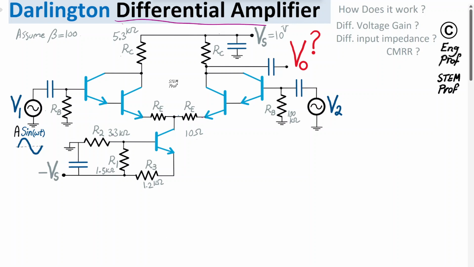There are many techniques to design differential amplifiers. One example is the Darlington differential amplifier circuit that is discussed in this video. It is implemented in one stage in this example. This one stage has a core Darlington BJT transistor pair on the left side, and also at the right side